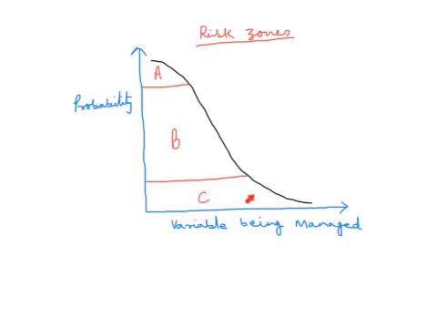In C area, again, the risk is very low, that is, the probability is very low, and any measure taken to manage that will change the probability very little. So here again, the usefulness of risk management practices will not be that high. So any justification will not be there related to expenses which we incur in risk management practices.